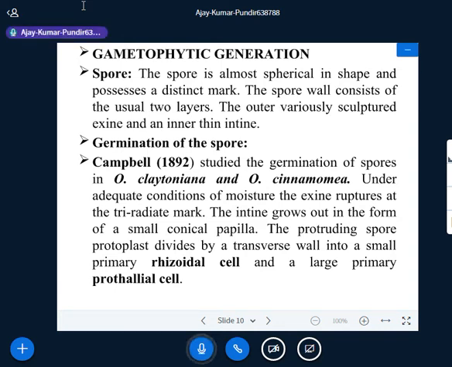Today I will discuss with you the reproduction of Osmunda. As you know very well that within the mature sporangium a large number of spores of the same shape and size are produced. As you know very well, when the sporangium becomes mature,